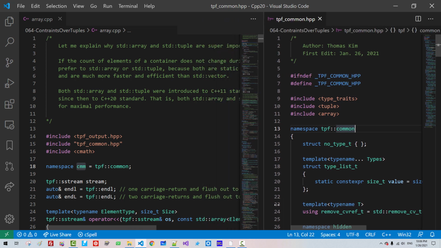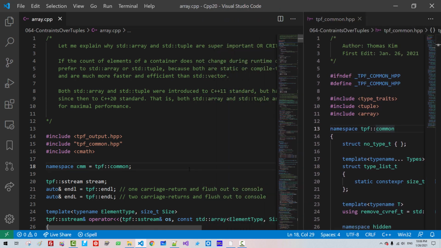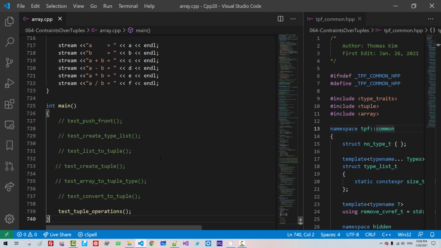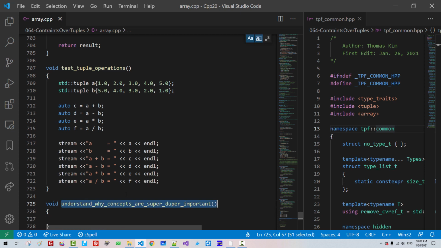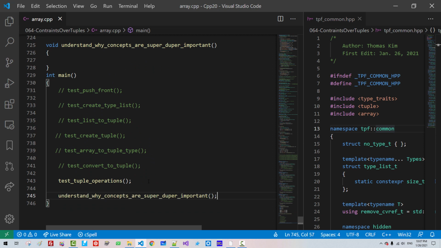Now, let me explain why concepts are very important. In array.cpp, Control End, right before function main, understand why concepts are super duper important. Copy the function name, paste it here.